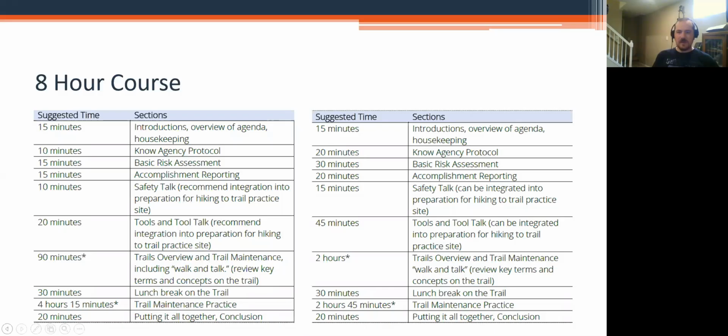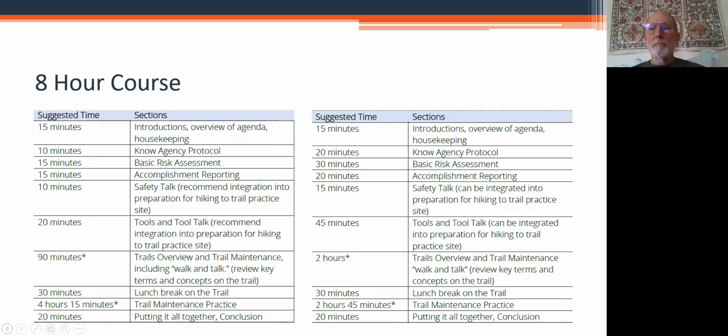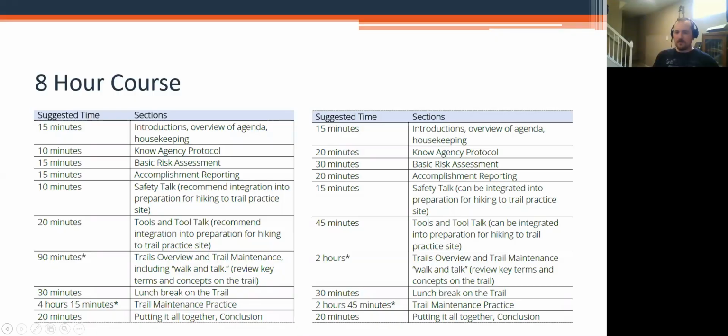But generally speaking, what we're recommending is that to cover all this stuff, whether you have trainees do some preparation ahead of time or whether you get them from the ground up in front of you for a single Saturday, say, you can cover it in 8 hours. You get a little bit more time to practice skills if you have them do some prep work. That being said, there is room for all of this and no more.